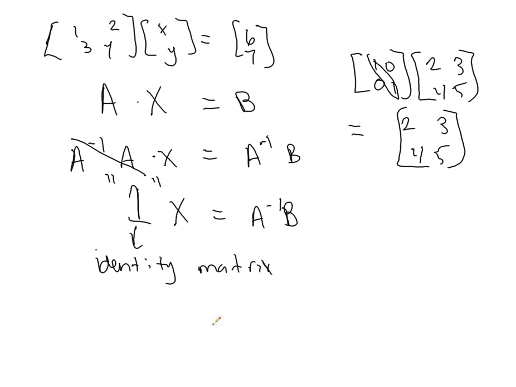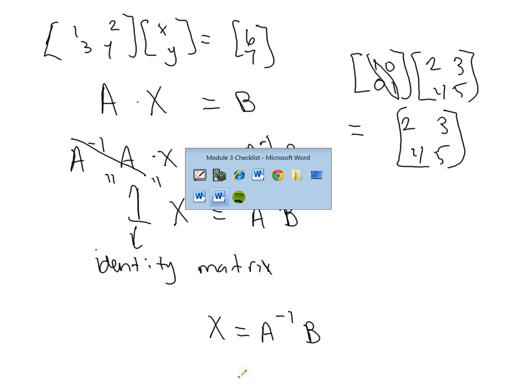So we get x equals A inverse B. A inverse is that thing that we found in our calculator, which again we won't go into detail as to